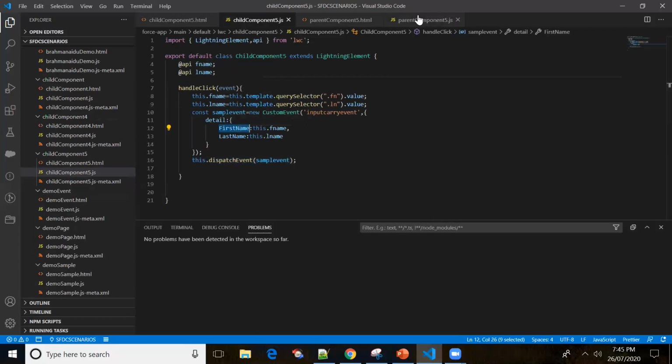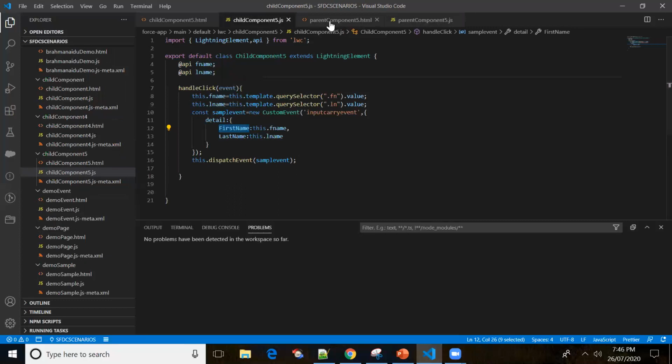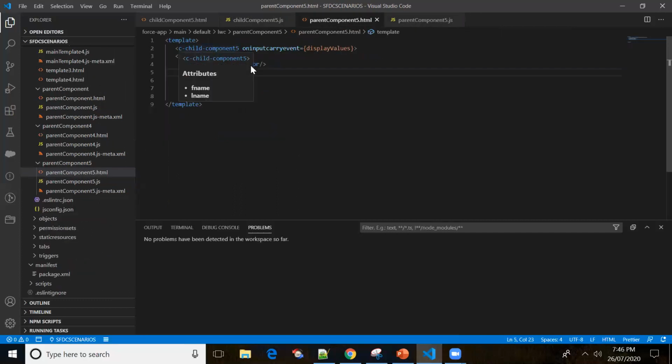For the second input field, what was the name in the JavaScript? Last name. And in the parent component, this is the input carry event as a name. Basically we have to prefix with on. If you don't put on, then it doesn't work. This is the name of the method. I just want to show the values in the UI, so I just included first name and last name in the parent component.